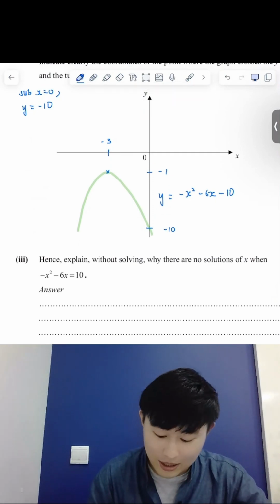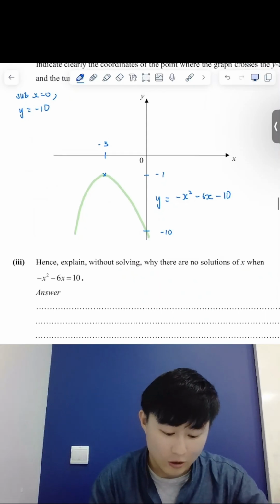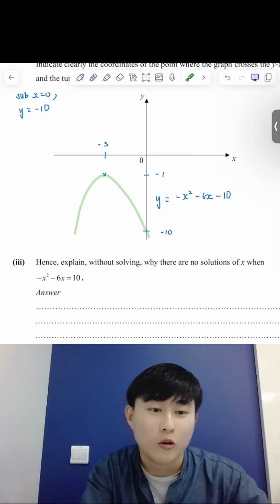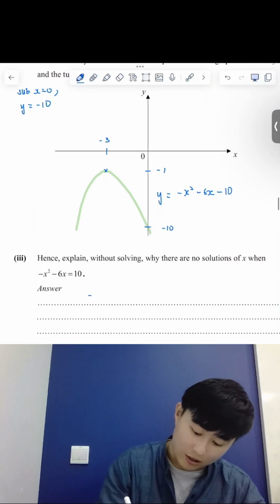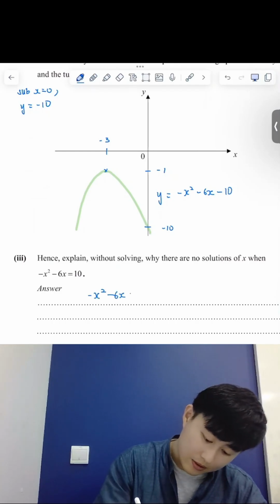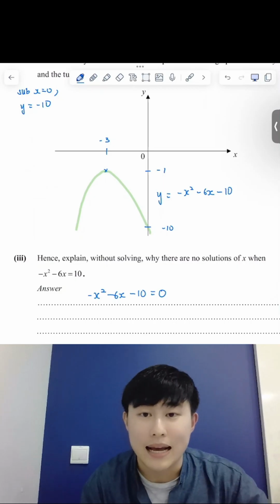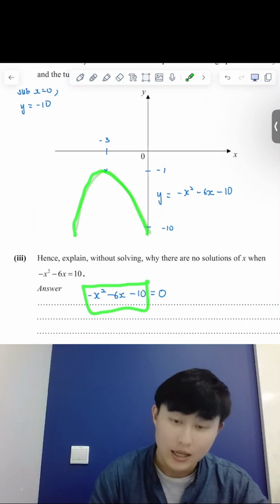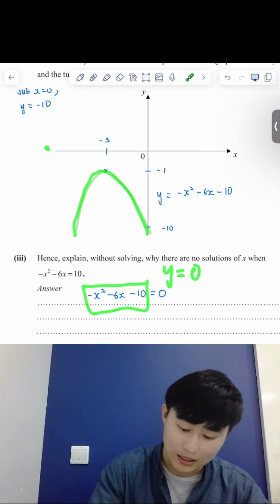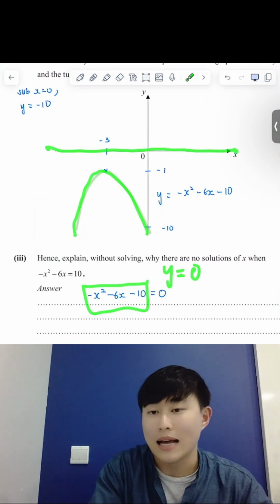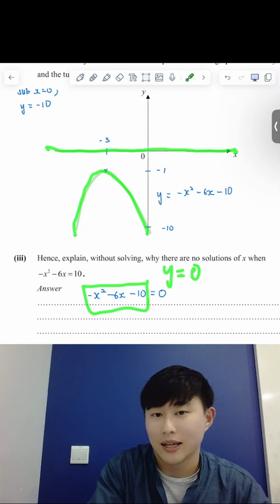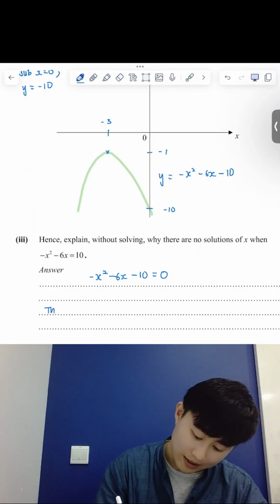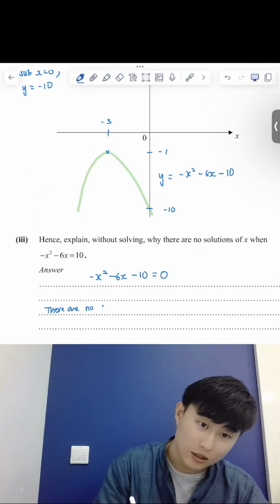Okay, good. So from here, they say hence explain without solving. Why are there no solutions of x when this thing over here equals 10? Those of you who know what's going on, what I'm going to do is rearrange the values. It's basically asking what happens when I equate this graph to y equals 0, which is this line here, the x-axis. So they're asking you, do I cut the x-axis? In very layman's terms, do I cut the x-axis? The answer is no. So I'm going to say this very simply. There are no solutions,